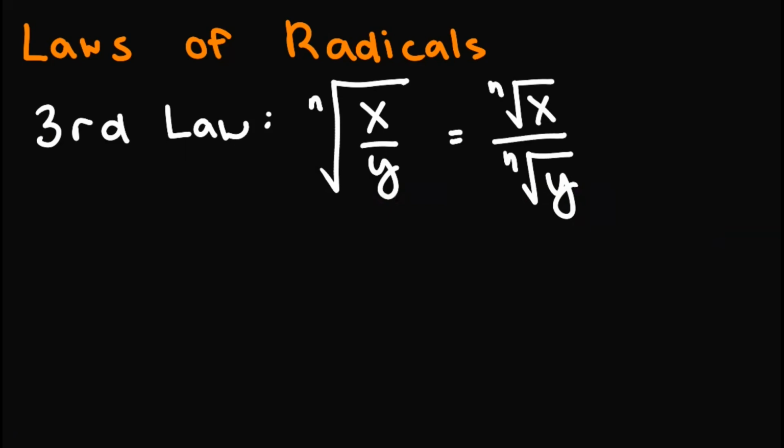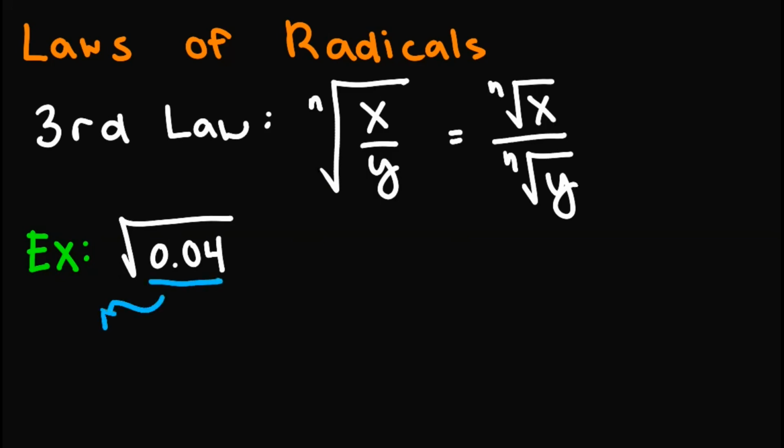Let's have an example. Let's have the square root of 0.04. Now, it might seem tricky at first, since we're dealing now with decimals, but note that 0.04 can be written